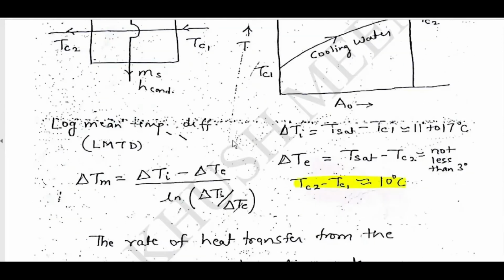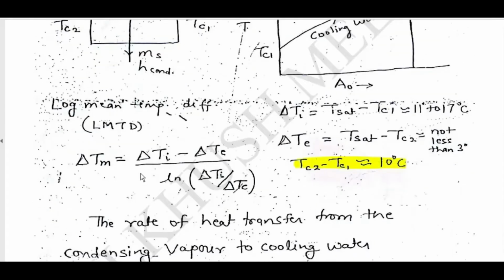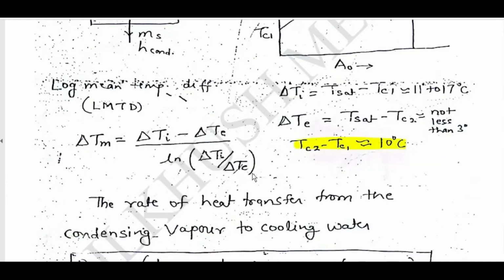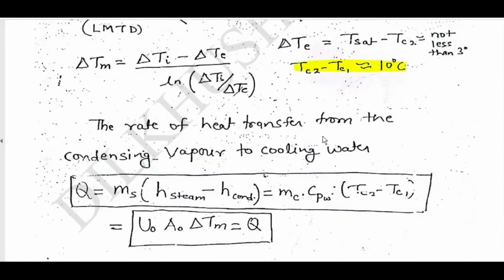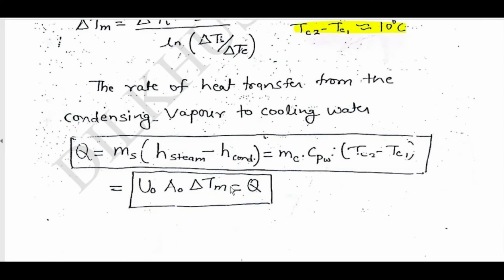Logarithmic mean temperature difference LMTD, delta Tm is equal to delta Ta minus delta Tb by ln delta Ta by delta Tb. Delta Ta is equal to Tsat minus Tc1, delta Tb is equal to Tsat minus Tc2. The rate of heat transfer from condensing vapor to cooling water is Q is equal to Ms into H steam minus H condensation is equal to Mc Cpw into Tc2 minus Tc1 is equal to Uo Ao into delta Tm